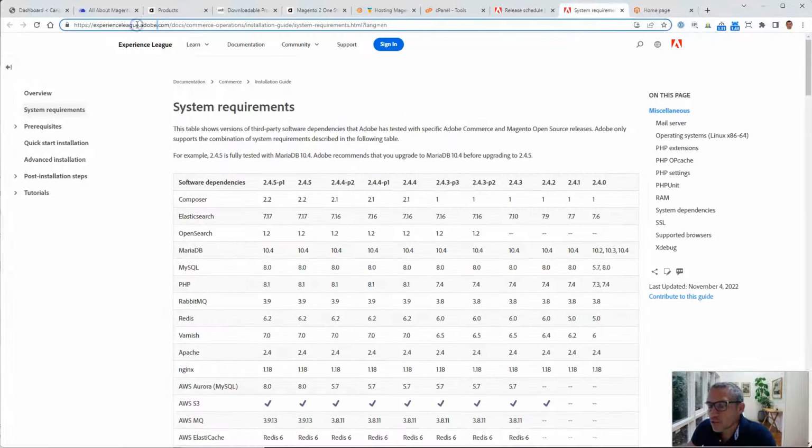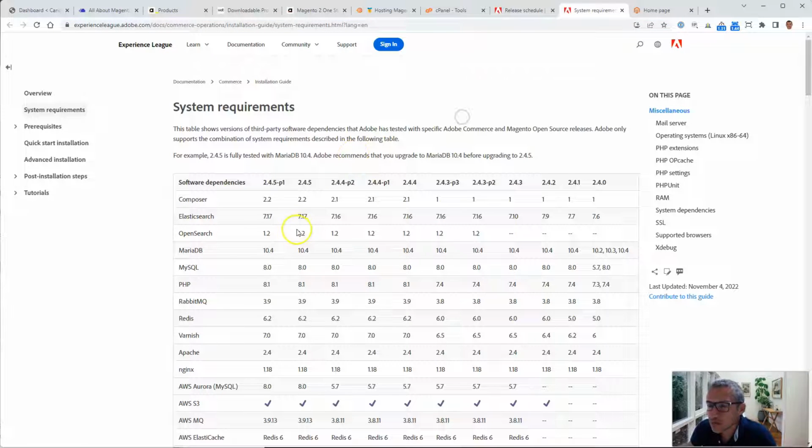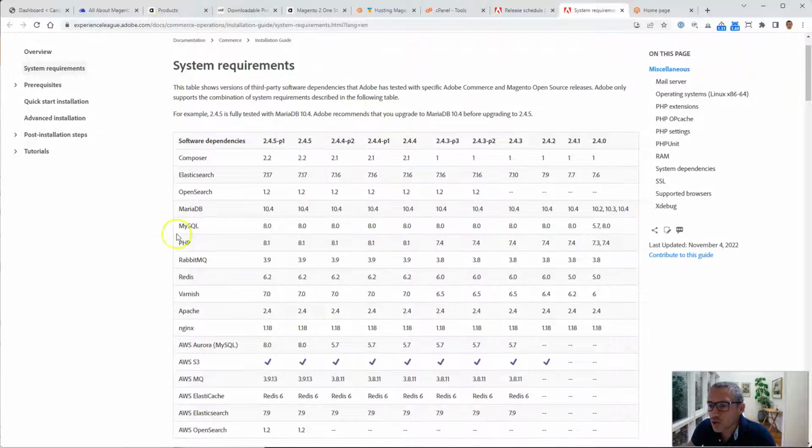This is the official Adobe website where you have to check. PHP 8.1 is the version that we're going to install. MySQL or MariaDB, at least those are the minimum requirements. Elasticsearch, and Composer. When you use cPanel with a provider that already has these requirements met,